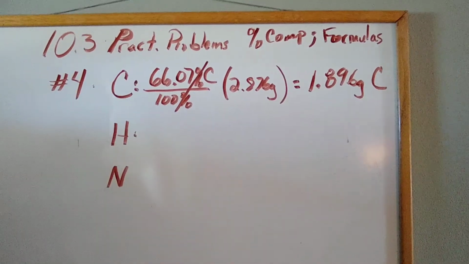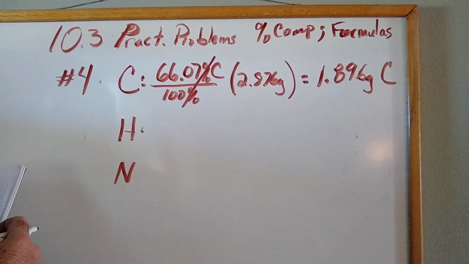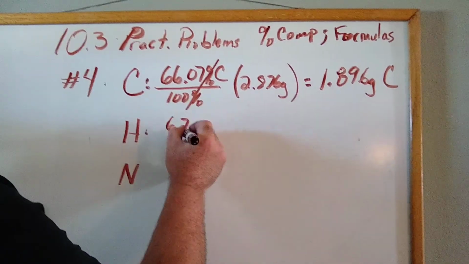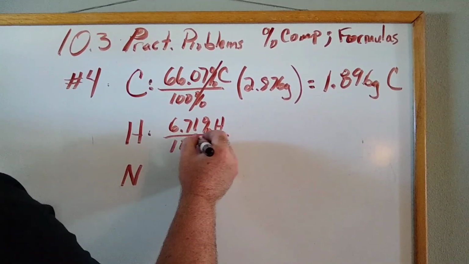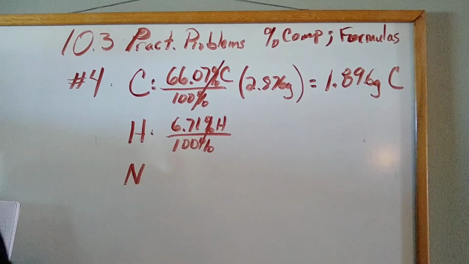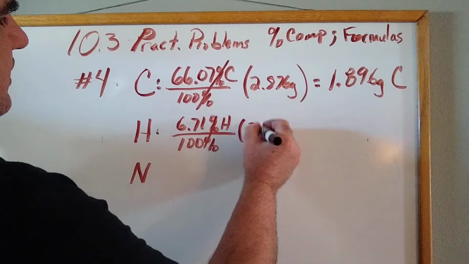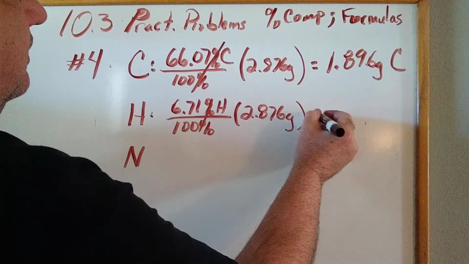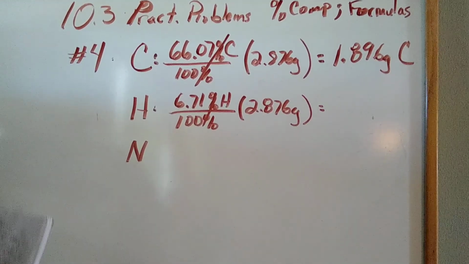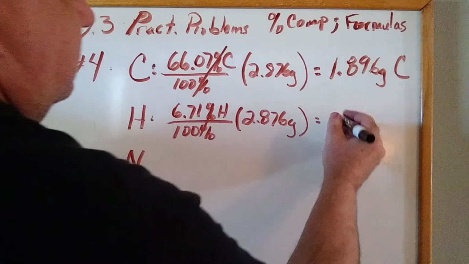We do the same thing for hydrogen. In this case, they said we had 6.71% hydrogen. Again, get rid of our percentages by writing it over 100%. We still multiply it by the same exact value. And when you plug and chug on this one, you get